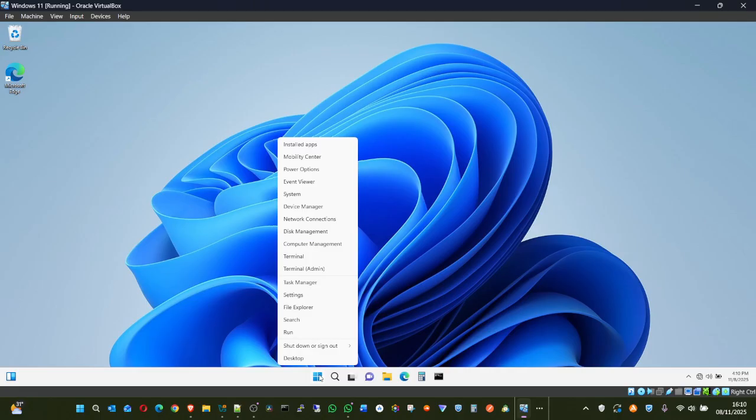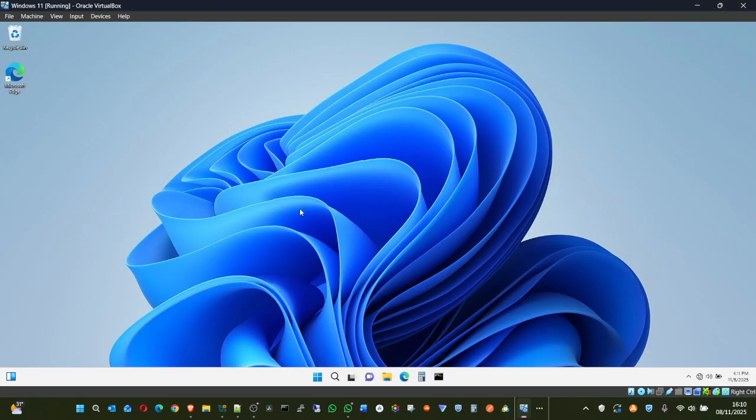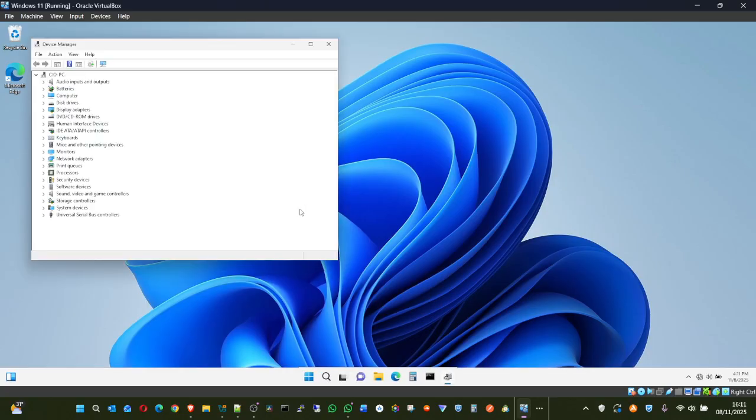Once you do right click, you will see all of this. So we can now begin to look at things like the Device Manager. Device Manager will show us if all drivers for all the devices or hardware peripherals are rightly installed.